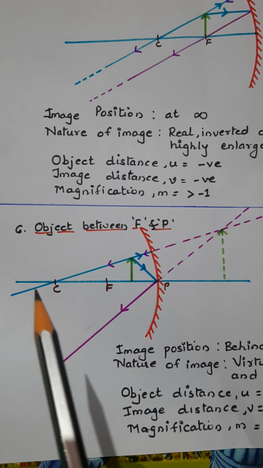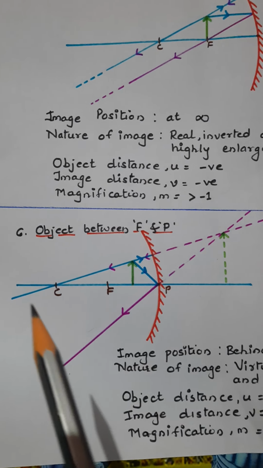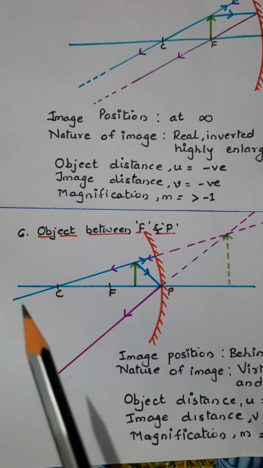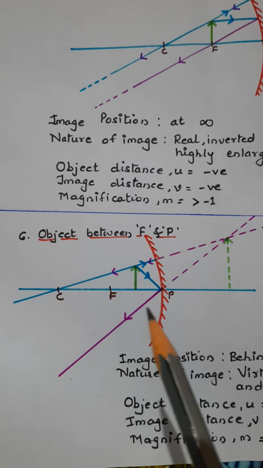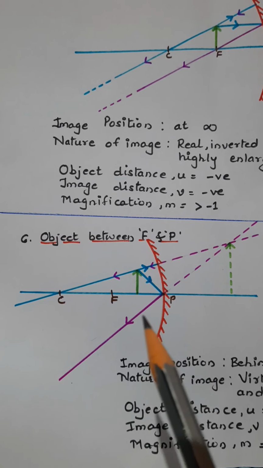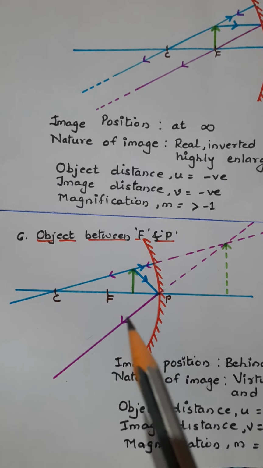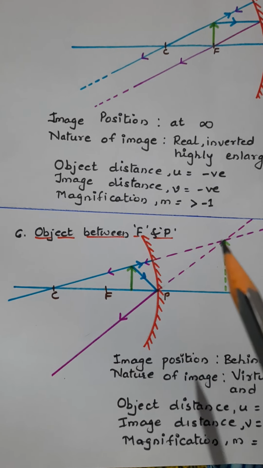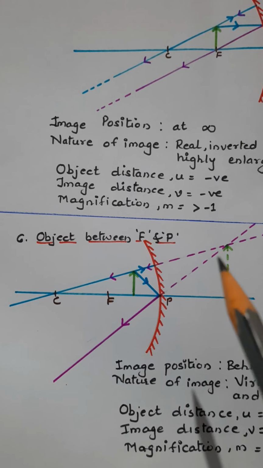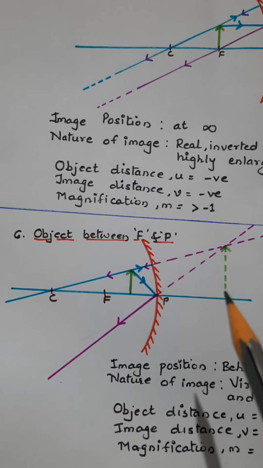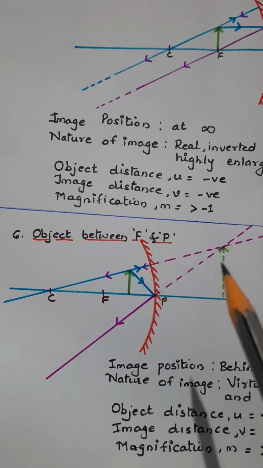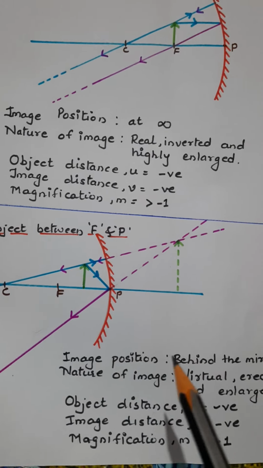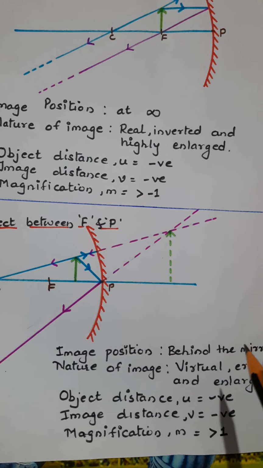Now both the rays, we can see that after reflection they do not meet, but the distance between both the rays will go on increasing as we go on extending these rays. So that means these rays must have come from some point. So what we do here is, we trace the reflected rays behind the mirror and we get a virtual image formed in this case. You can see a virtual image is drawn with the dots here. It is formed behind the mirror. So in this case, image position is behind the mirror.